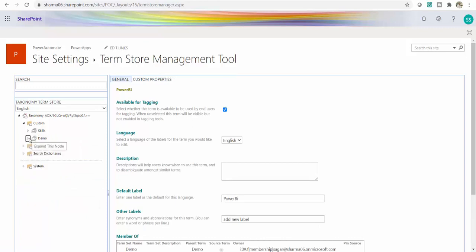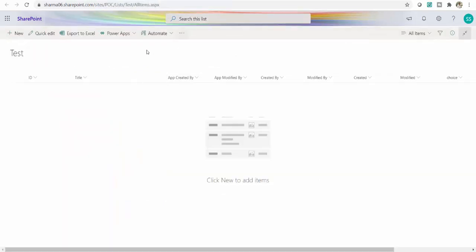So guys, in today's video, we will be covering both single value and multi-value taxonomy control. To cover that, using this term set, I will create 2 managed metadata columns in my SharePoint list. One column will be single value, the other column will be multi-value, and we will see how we can handle both these columns. So I will go to my list. I have this list called test list. In this list, I will create 2 columns.